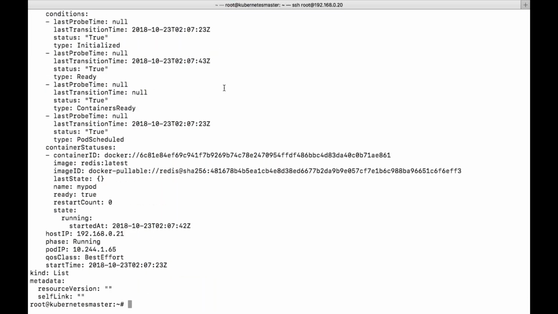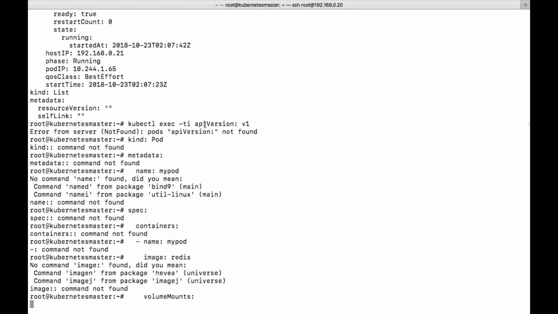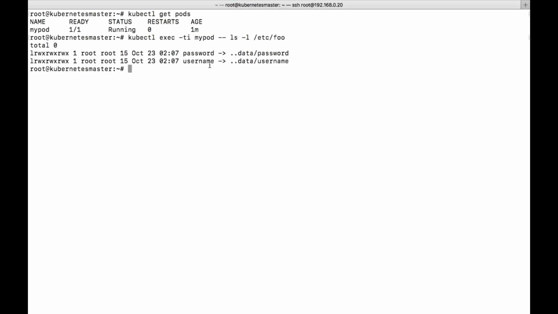Under etc, the username file and the password file have been mentioned here.